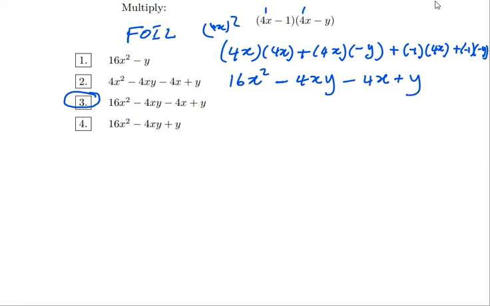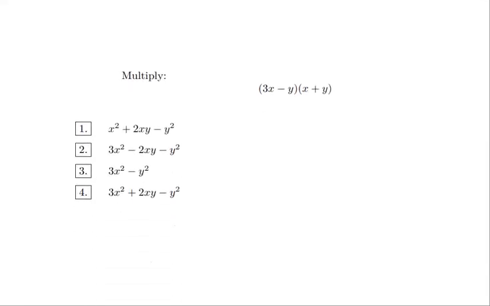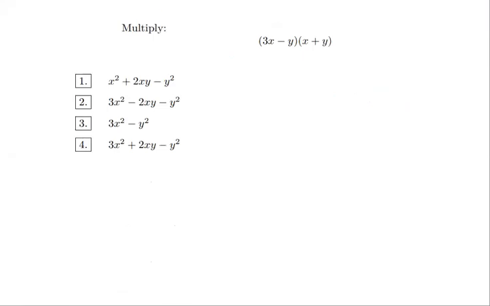Just be careful, because some of these answers kind of look like this. So let's move on to another question. Again, you can do it any other way, but I prefer to use the FOIL technique, because you'll always remember it. The F is for first, so multiply the first terms of each of these polynomials, plus the O is for outer. So we multiply the outer terms. So this is this times that,